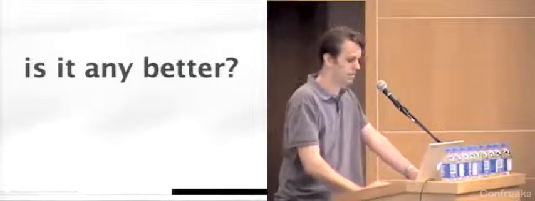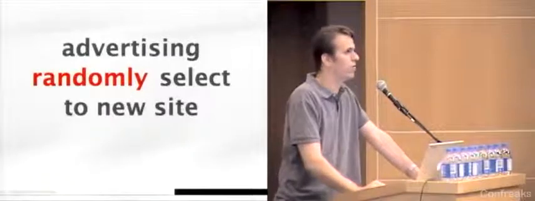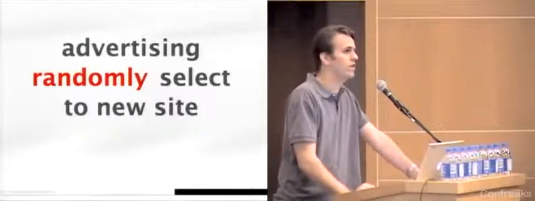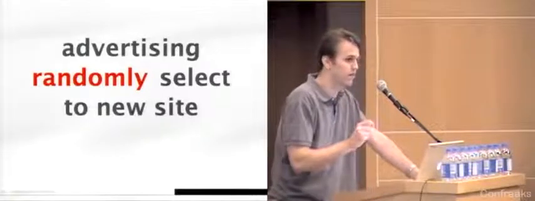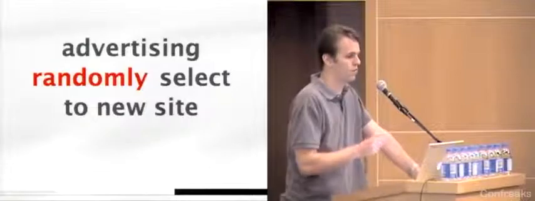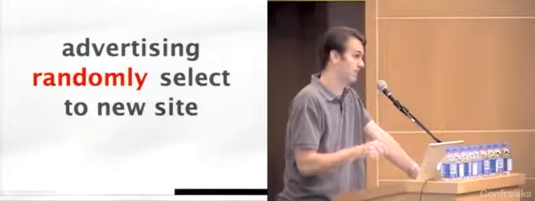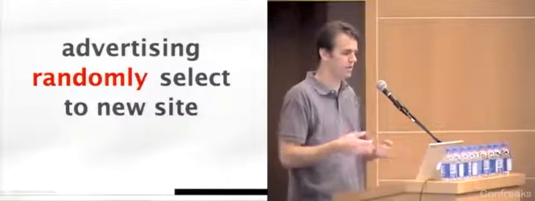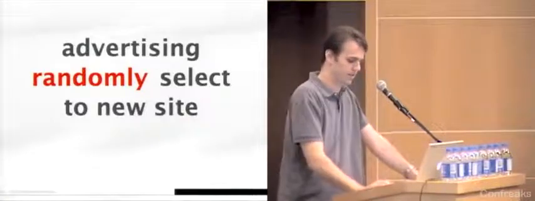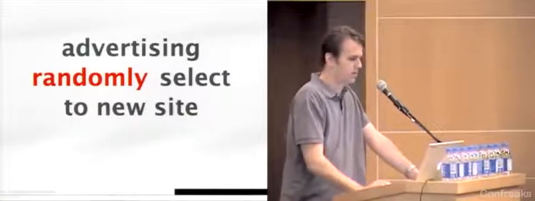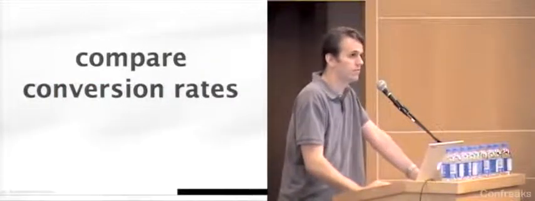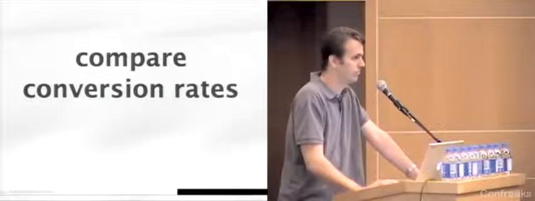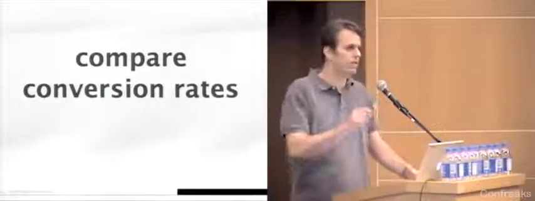So the conversion rate's a proportion, and so it's exactly the same as the Diet Coke example. Okay, so in our advertising, we need a representative sample. And so we would need to make sure that it's representative, so we would just pick them at random, whether or not they get to go to the new site or the old site. Okay, and random is the best that we can do to get a representative sample. Okay, so then we would send people to the new site, and then we would compare the conversion rates. Okay? So now there are a few caveats to this.